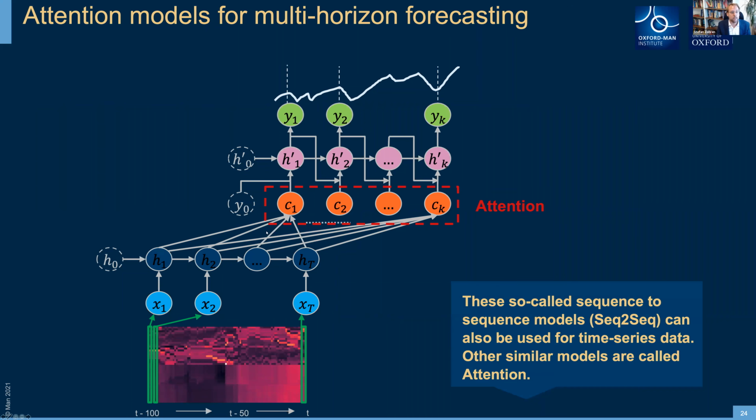So you have those edges here, those are exactly the attention weights. So this context vector can pay attention not just to the previous memory, but to any other one. And it can learn how much attention it should pay to each of them. So this is another class of models. And those are the two models we are looking at, sequence to sequence and attention, and we are applying them to the limit order book data in the way which is illustrated here in those pictures.